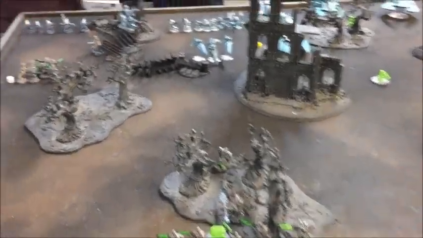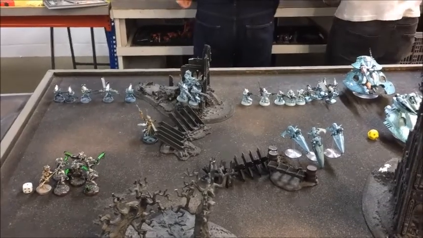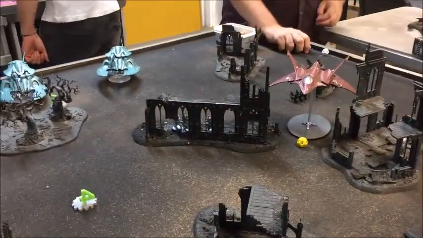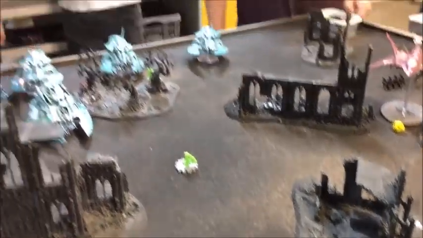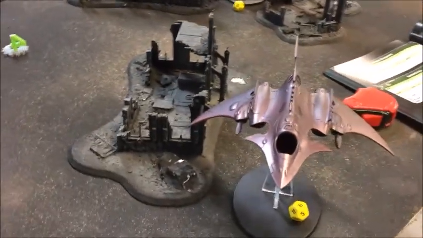Third Eldar turn, and the last of his reserves turn up, but to be honest, they were a little bit late for the party because the Eldar have basically already won. The Crimson Hunter flew around here and took out the last of the destroyers with a little bit of help from the fire prism, or one of the fire prisms, and then the Hemlock